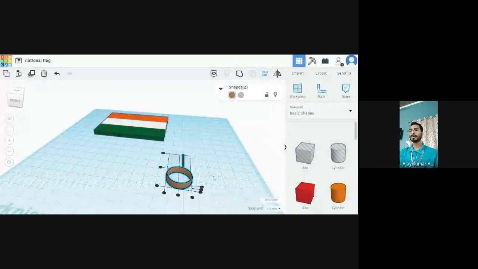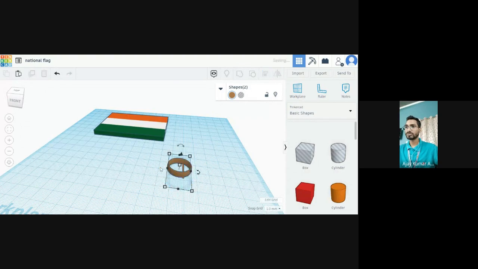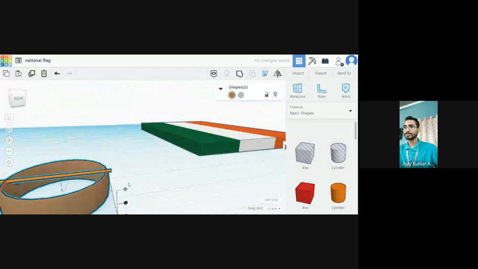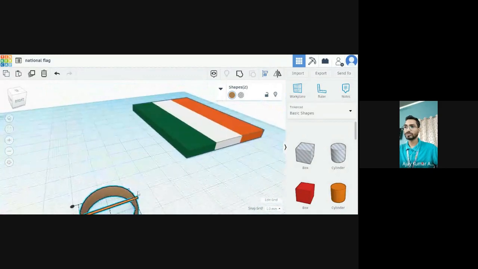So the align command is basically used to align two figures in a particular shape, or we can say in particular dimensions. So if I choose the center one, if I click this button, so the circle will get on the stick. So again just choose the align command. The stick will get on the center one, and a little bit I want it to be upside, so it will get up like this. I can just show you by zooming.